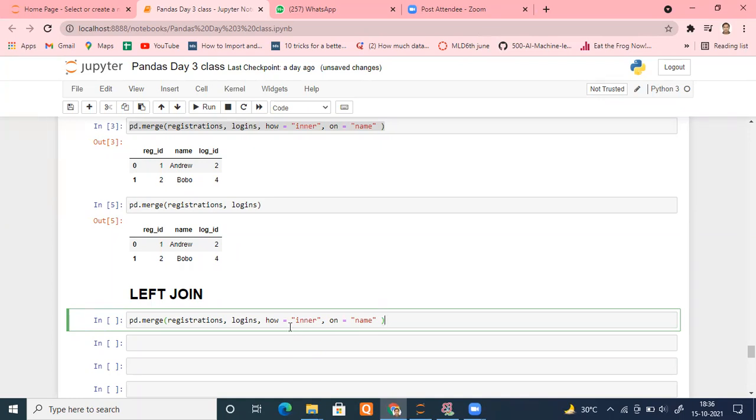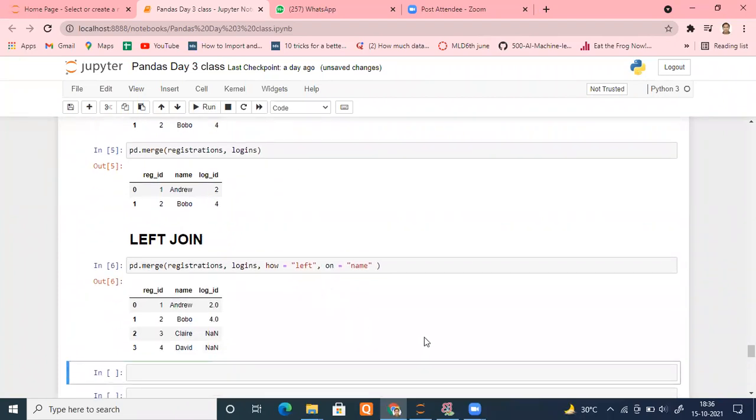Just this how. Yes, just mention how equals to left. That's it. And run this. Please check. Is it fine, everyone?